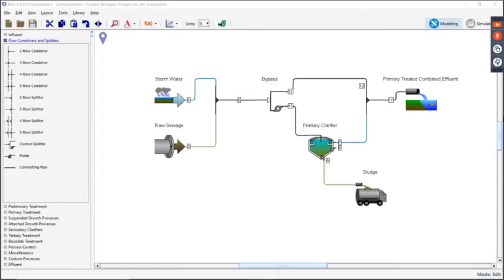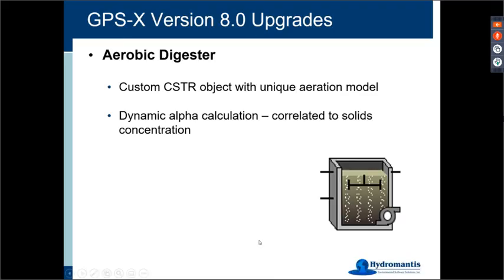Okay, and the last one for today is our aerobic digester. If you had ever run into an aerobic digester before in your work, you probably used just a regular completely mixed tank with diffused aeration. That was a great way to do it, and that's the way we always did it before. However, we got an